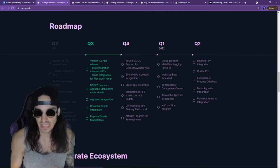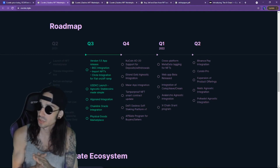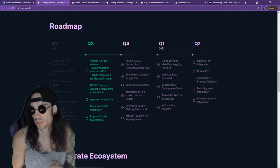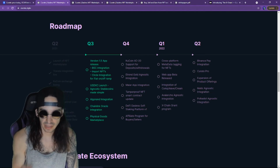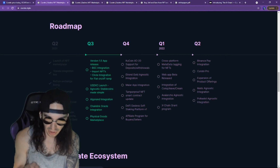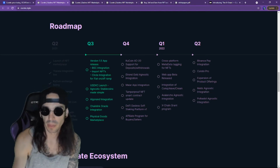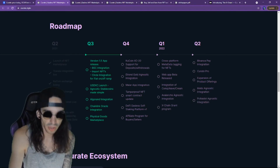Q1, metadata tagging for NFTs. That's going to be, I think, pretty good for the end user who's trying to be found. So hopefully you're going to be able to do some sort of SEO, or at least tagging of your art. And then there's going to be a web app beta released in Q1 of 2022. And then there's going to be Binance Pay integration in Q2. And Polkadot and Matic. Yes, so Polkadot and Matic integrations are coming, along with Algorand,